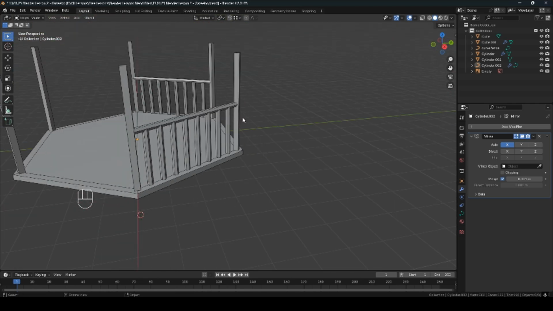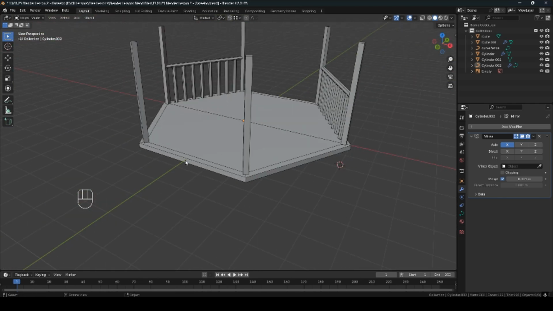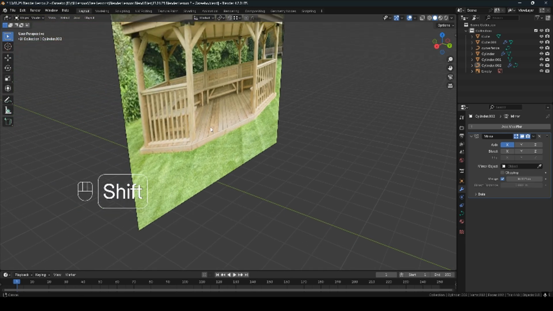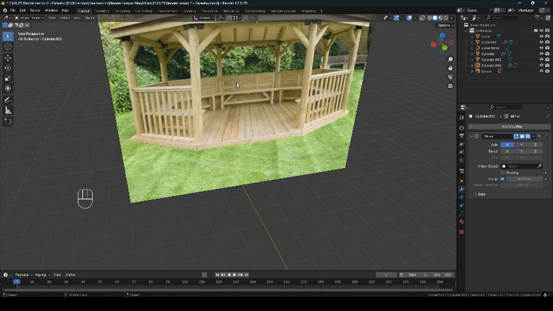Now, let's do the other side. Let's do the other fences. Now, looking at the image, what we've got here, we've got slats going across and we have a couple going down. For the purpose of this video, we could do the slats going across using cubes and make it more 3D realistic, or we could use a material with the grain going the correct way on the fences at the back. So for this, what I'm going to suggest is